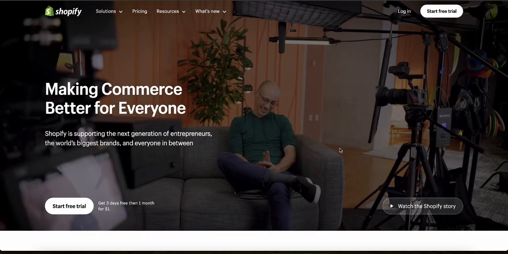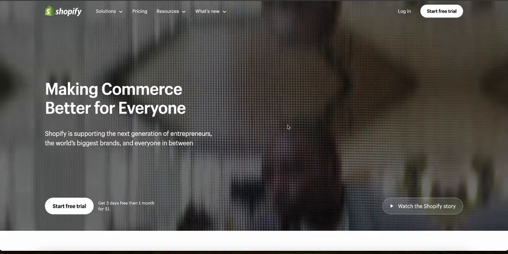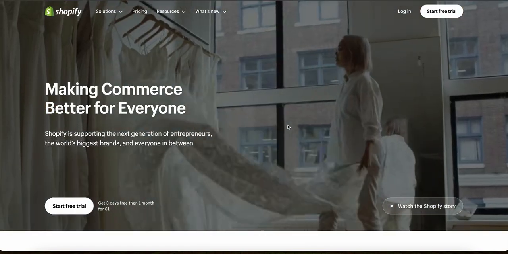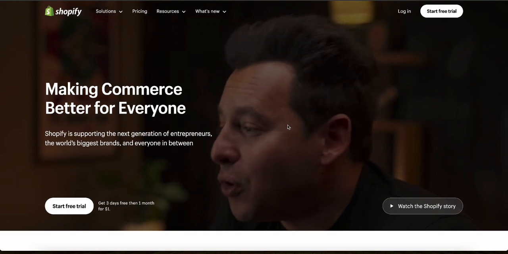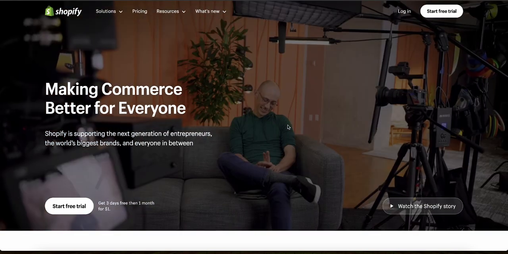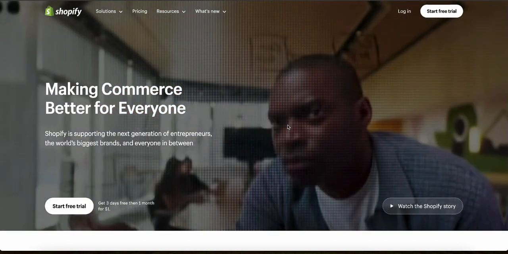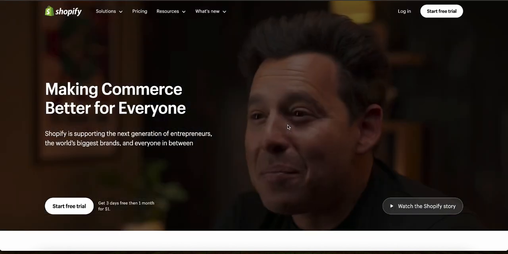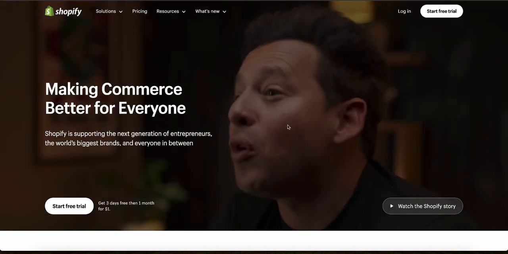Now, as you can see, both tools have their pros and cons, and the best one for you depends on your specific needs. If you're interested in starting a new e-commerce business, or maybe you want to move your existing business to another platform, I'd recommend Shopify. It's one of the most popular e-commerce platforms in the world, and you can try it out for an entire